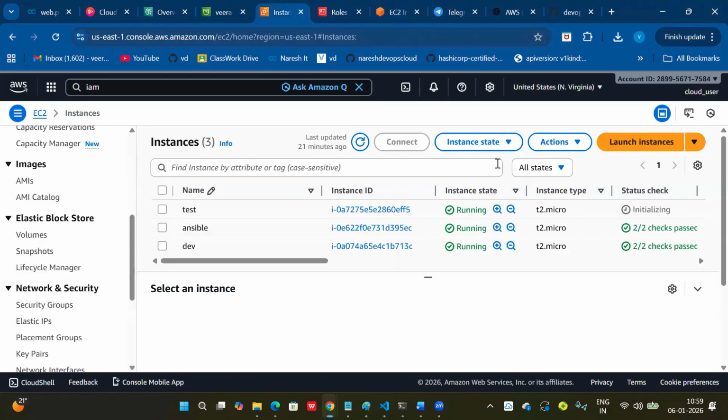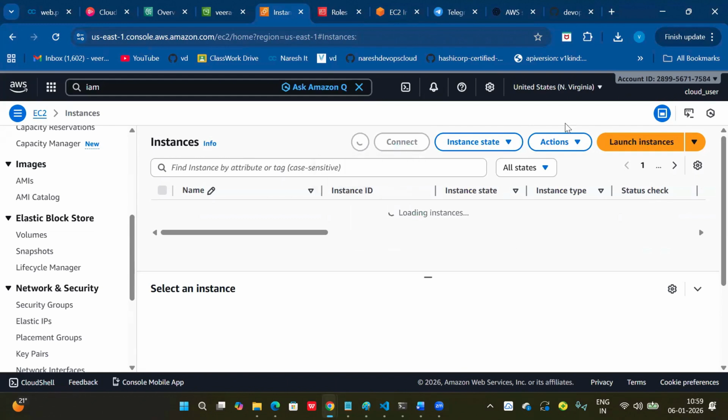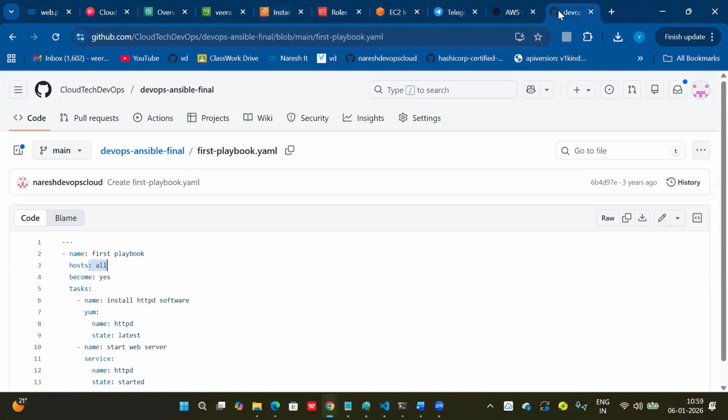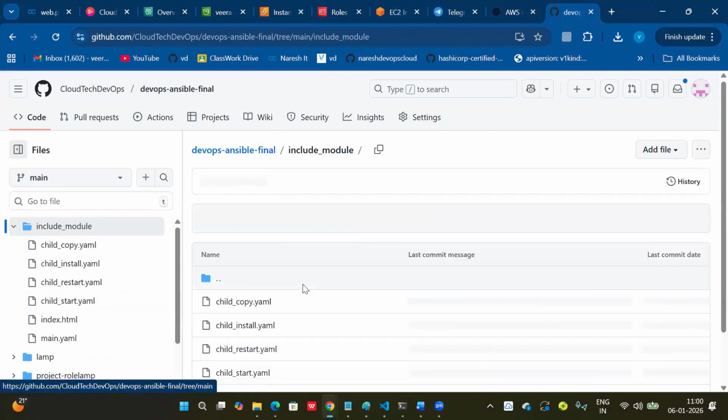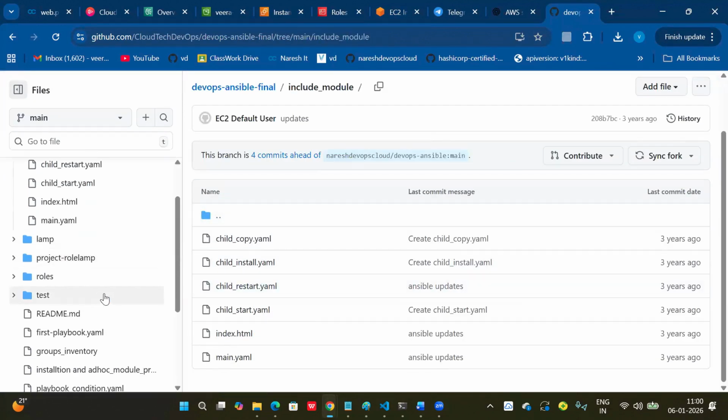Okay. Let's go to the next concept. Yes, let me explain. There is a concept called include modules. For example, we have added multiple tasks inside the YAML file, right? You can see the difference here.